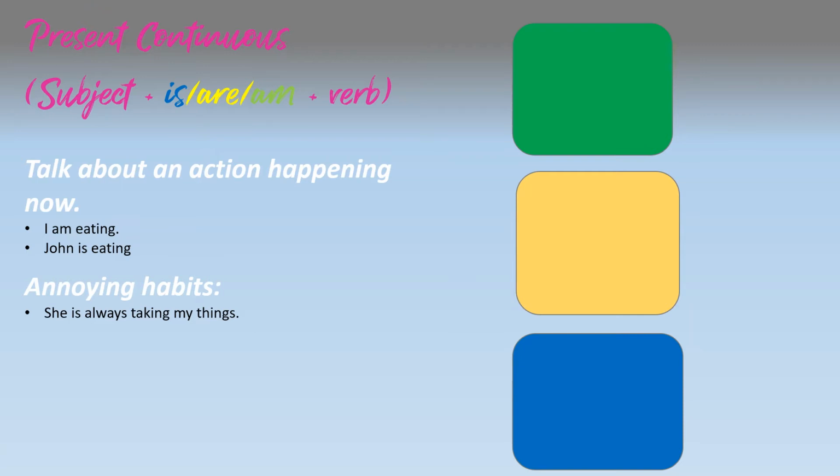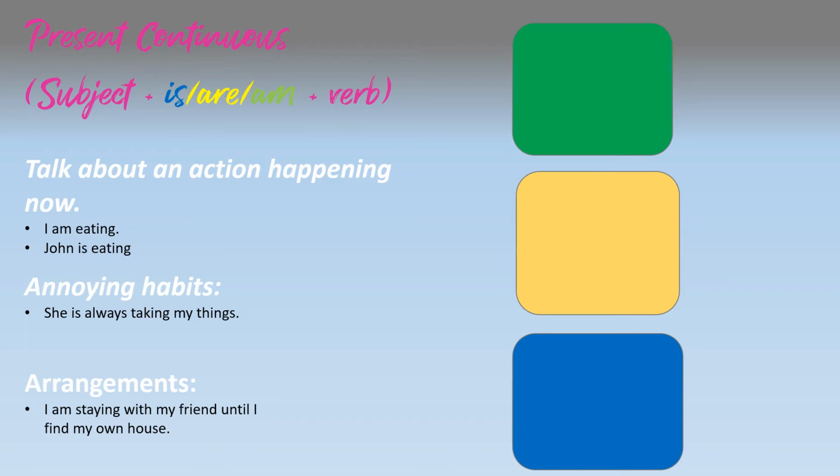Furthermore, we can use the present continuous tense to talk about our arrangements. So I am staying with my friend until I find my own house. Now, in that sentence, and I use the word until there, it also means it's a temporary arrangement. So what that means is it's not going to go on forever. Therefore, you would use the present continuous.